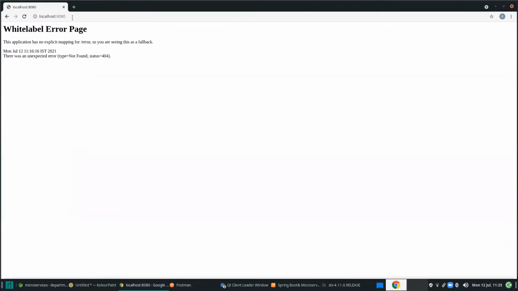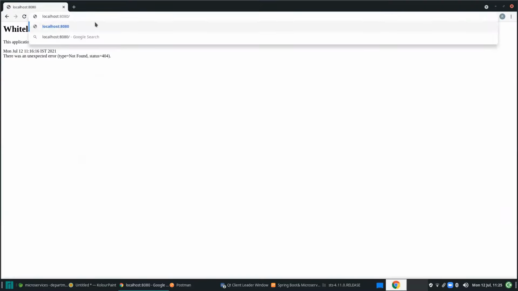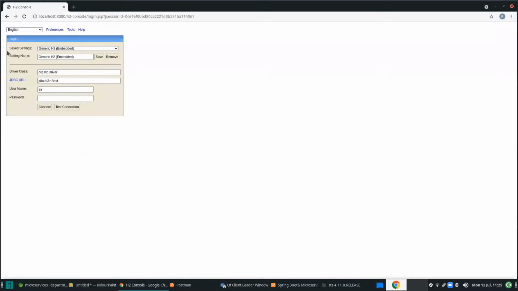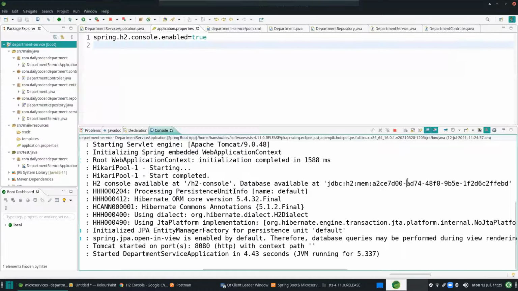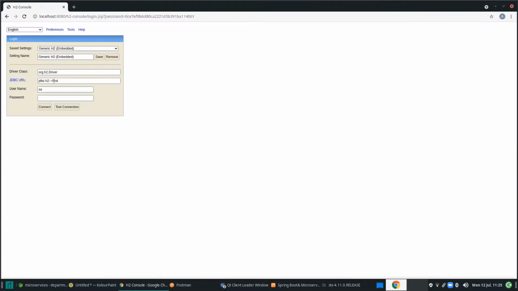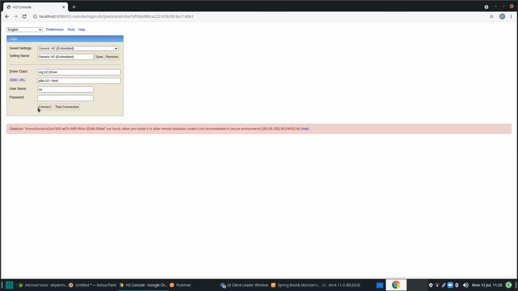So now go to this one, h2-console. See, now you are able to log in to your H2 database. Now I'll go here, and what is your database name is this one. It's not testdb. Previously it was creating testdb, but with the new versions it does not create that, so we need to copy from that and simply connect.